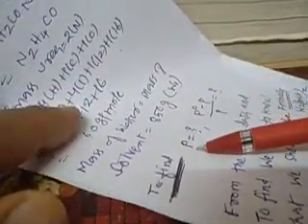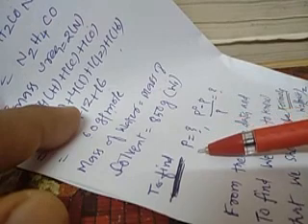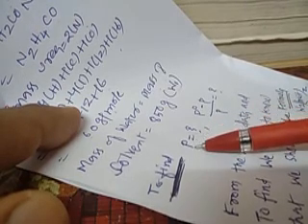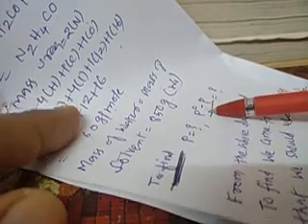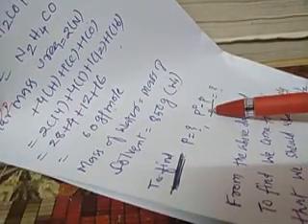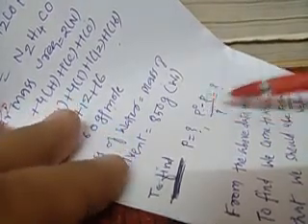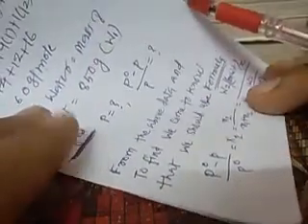Now we look at the mass of water. Mass of water is given here, that is 850 gram. That also represents your W1. What do we need to find? We need to find the vapor pressure of water in the solution, which we represent as P, and we want to understand the relative lowering of vapor pressure. For that we have the formula P0 minus P upon P0. That is what we can easily understand from the theory.